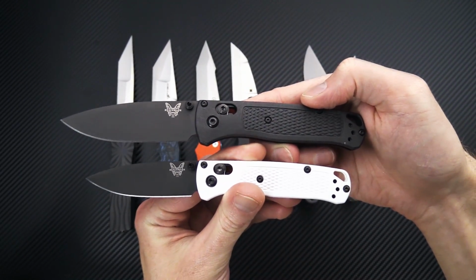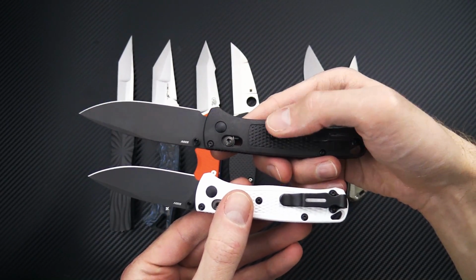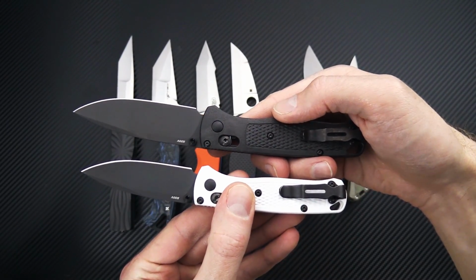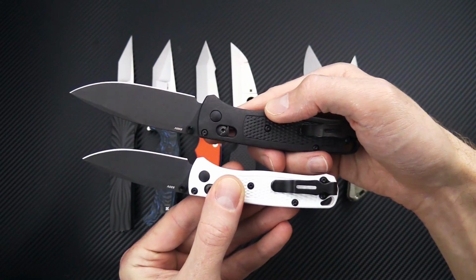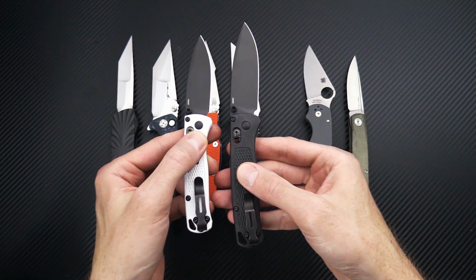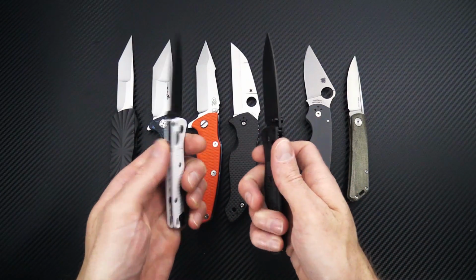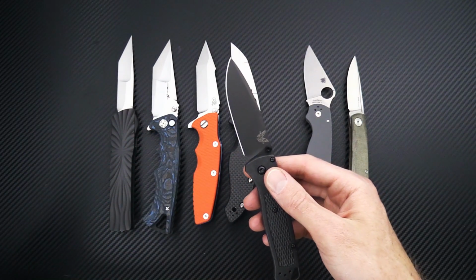So here's the difference between the full size and the mini, just a different handle material. CF Elite is another polymer, but it is mixed with carbon fiber. So it has a bit more rigidity and a lighter weight. So it does reduce the overall weight of the standard Bugout a little bit. And we'll take a look at this with